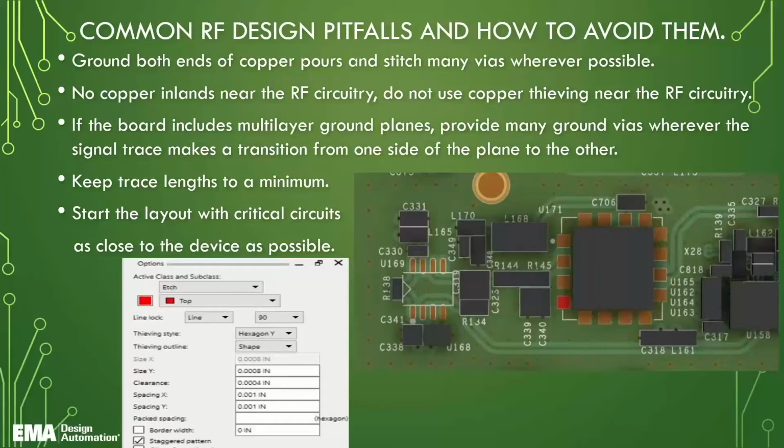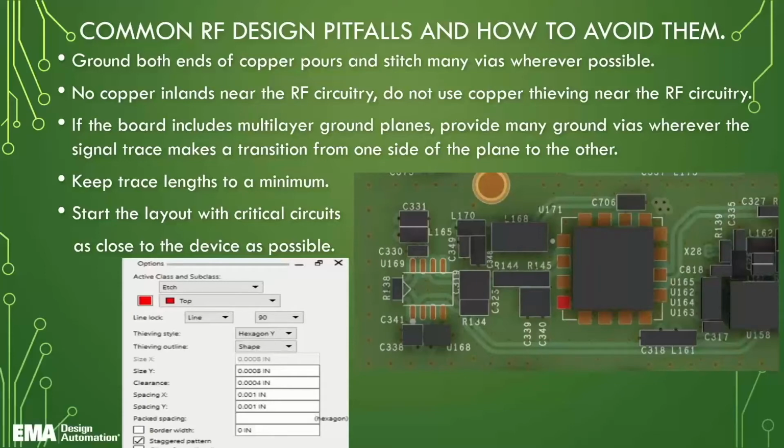But you cannot put too many vias in there. No copper islands should be near any RF signals. Basically what you're doing is putting some antennas out there. So do not use copper thieving near the RF circuitry. If a board house comes back to you and asks you to put copper thieving in there, then what you